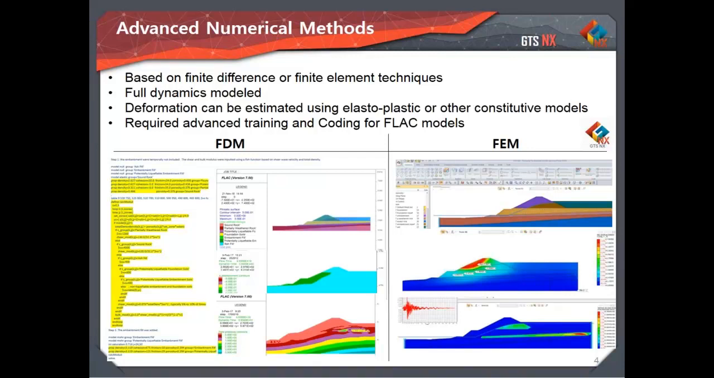In this case, on the left is the finite difference method, which is what last week's example looks like, including some of the code for generating the model. As we know, for FLAC we have to set up the model in loops and code, which can be a little difficult. And then